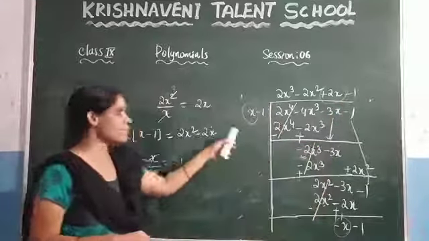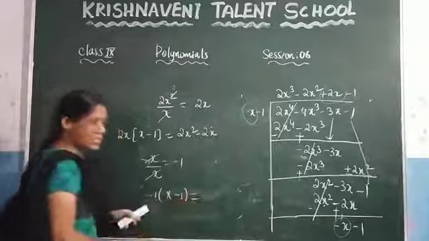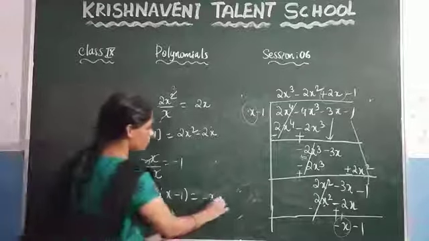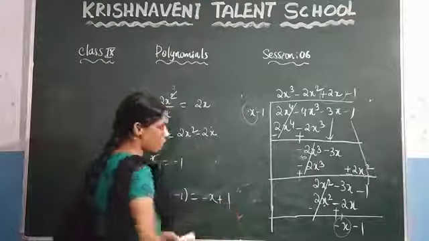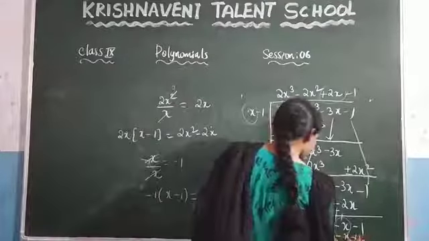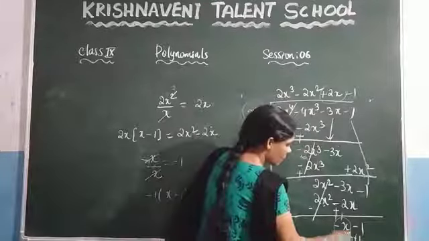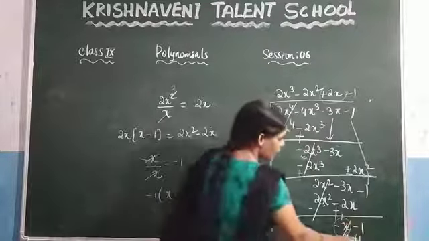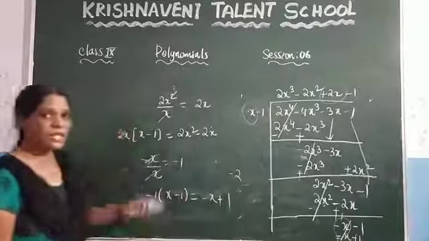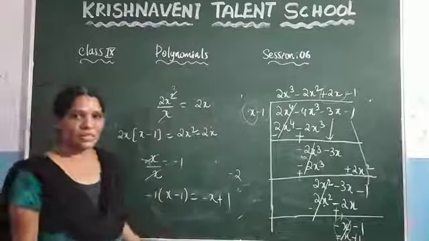Now multiply this minus 1 with this one. So you get minus 1 into x minus 1, which is minus 1 into x, which is minus x. Minus into minus, which is plus. 1 into 1, which is 1. Now write that one here. What you get here? Minus x plus 1. Now what we need to do? We need to change the symbols. Here plus is there. This one will get cancelled. You will get minus 1 minus 1, which is nothing but minus 2. Like this, you need to divide two polynomials. In the next session, we are going to discuss the remainder theorem.